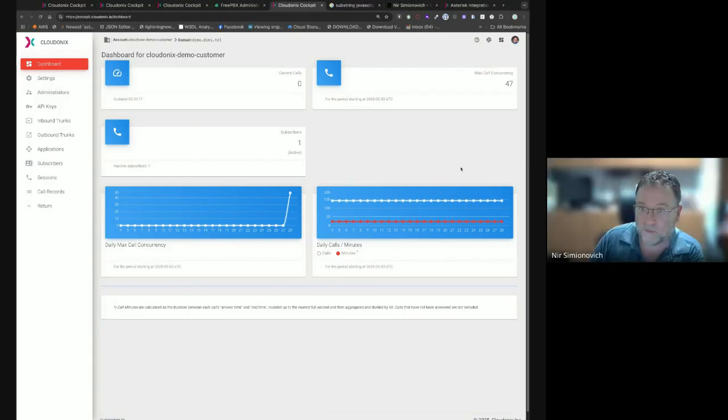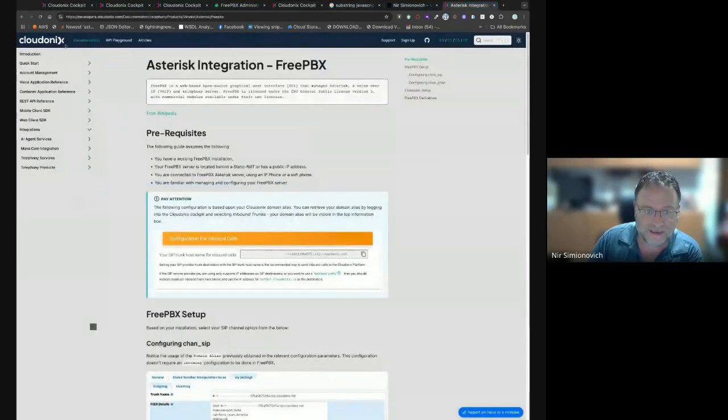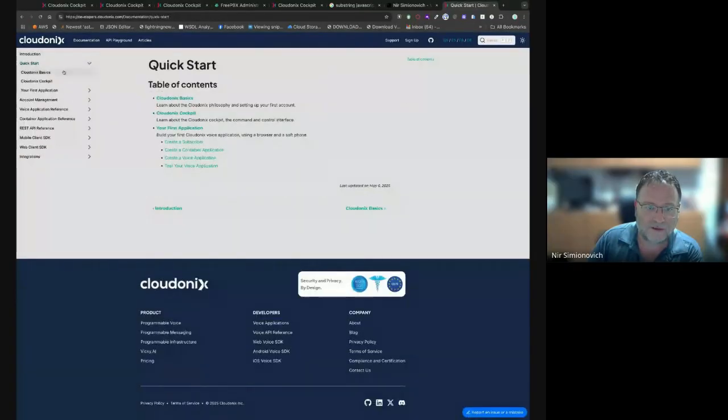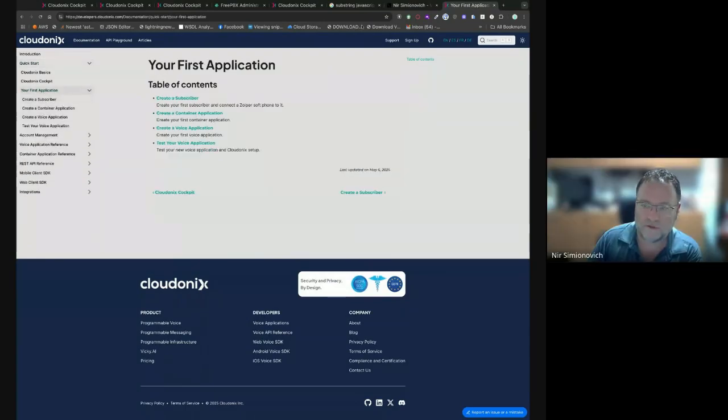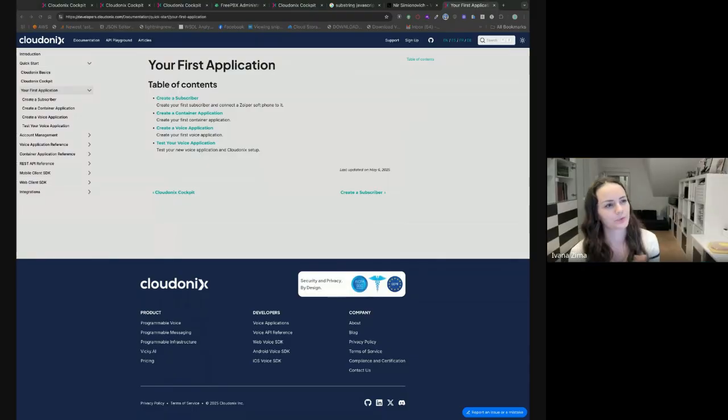One little recommendation to get around the idea of how to work with Cloudonix. When you log on to our developer website, there's the quick start guide. So this is like a go-through-your-first-application guide. It should take no more than 40 minutes. That's it. But it will give you a really good understanding of how Cloudonix works. Okay, great. Thank you very much.